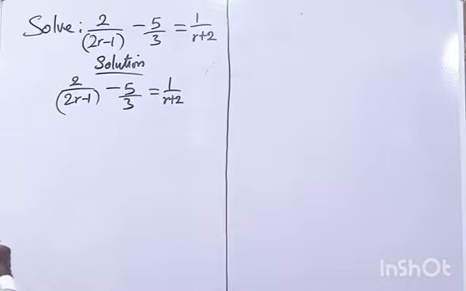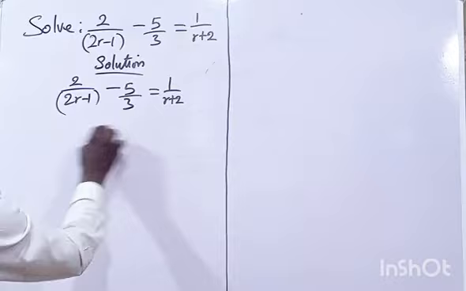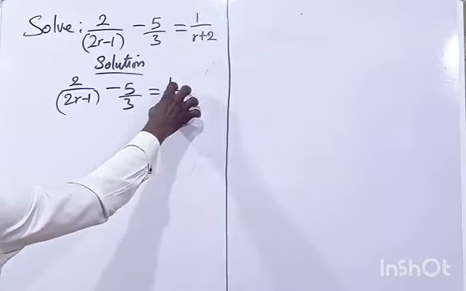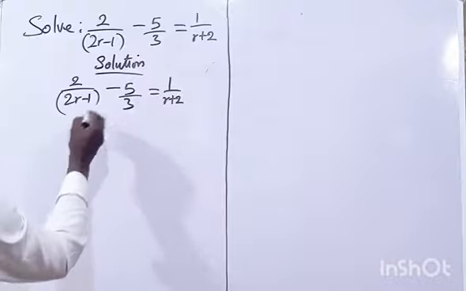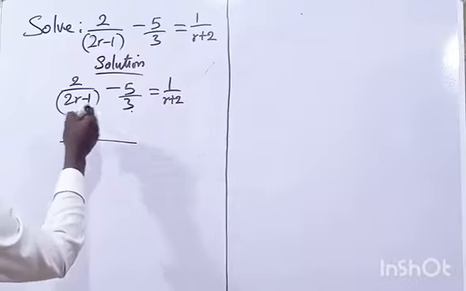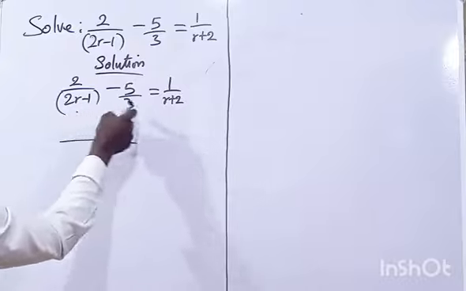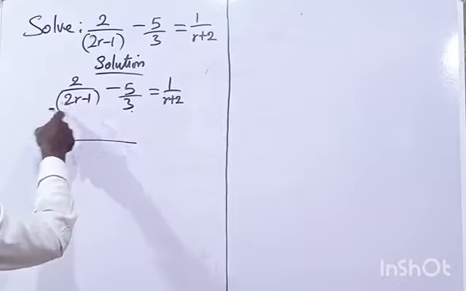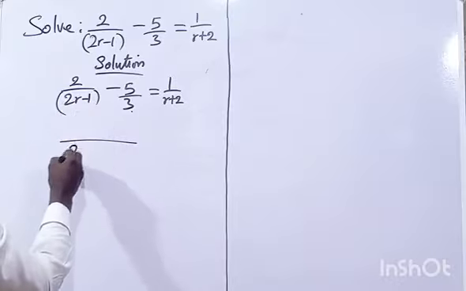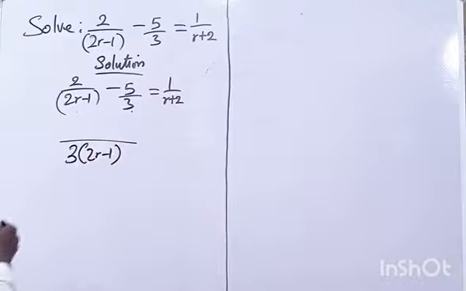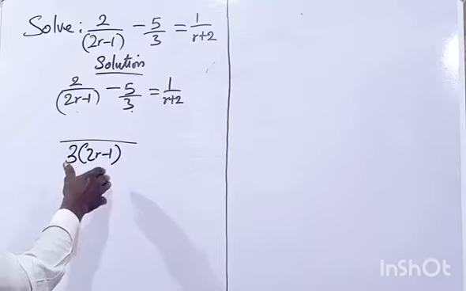So in this case, just simplify this part first. Whatever you get from here, use it to cross multiply with this fraction. So to simplify this part, we are going to look for the LCM of this term and this term. The LCM of these two terms is just 3 and this. So the LCM is 3 into 2x minus 1. That is the LCM. And as we normally do with fractions, we are going to